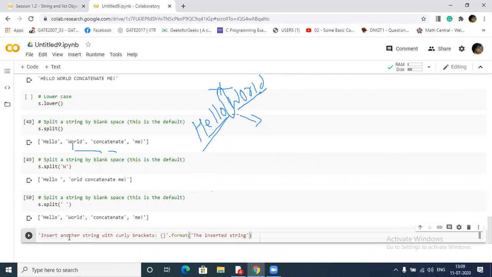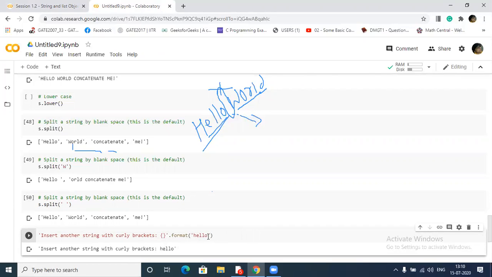See, in here, this is an entire string. If I want to print anything after this colon, whatever we are passing here, suppose here I pass hello, then after this colon hello will be there.